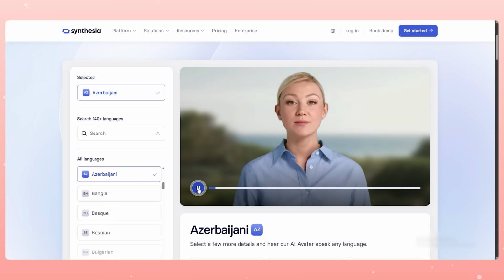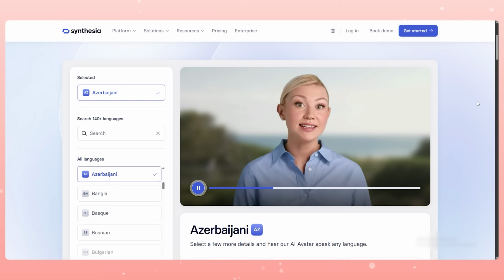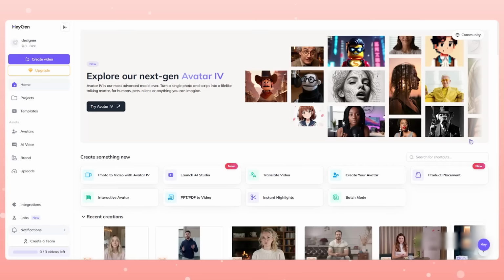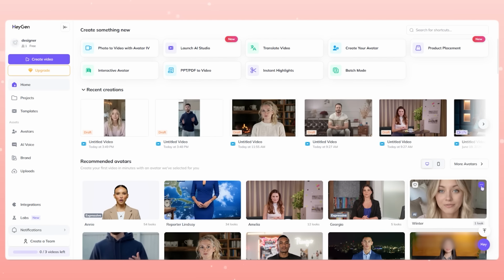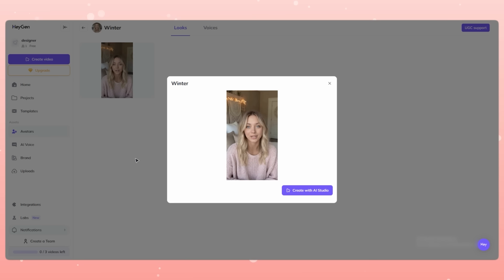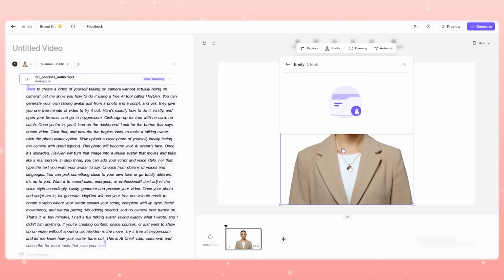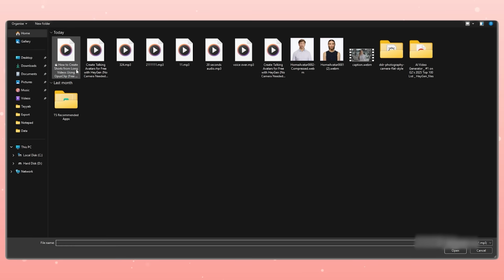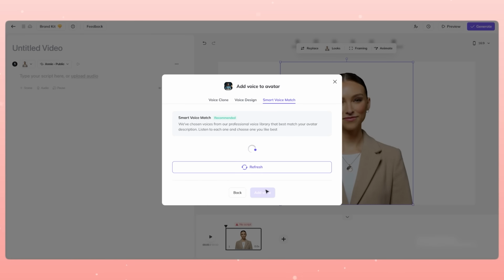Synthesia gives you over 140 language options. Voices are clear and professional, but sometimes a little flat. HeyGen's voices are more expressive. Welcome to the new era of video creation with HeyGen. Simply type your script to get started. Better pacing, more emotion, and they even let you clone your own voice or upload audio to match the lips